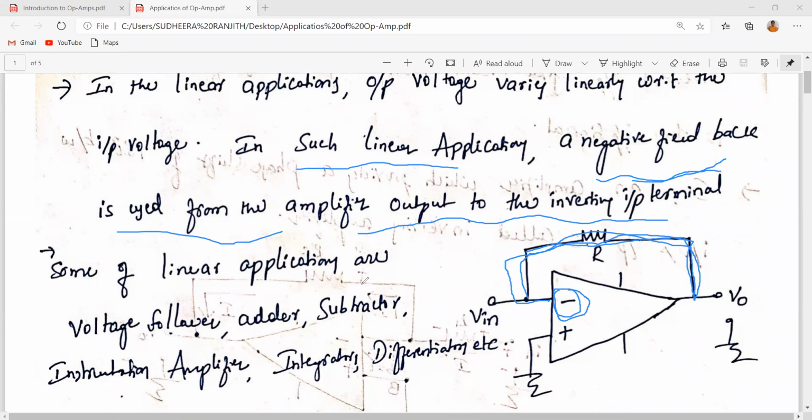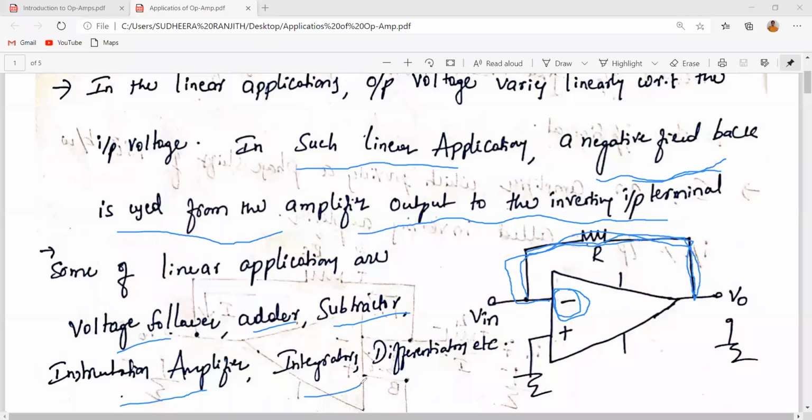What are the applications we are going to discuss and analyze in the upcoming classes? We already discussed that the inverting and non-inverting amplifiers are the basic applications of the op amp. In addition to those two basic applications, we have the adder, which adds two or more input signals; the subtractor, which subtracts the signals; the voltage follower, whose output is equal to the input, already discussed in the slew rate concept; and the instrumentation amplifier, which is an industrial amplifier used in industrial plants, right?